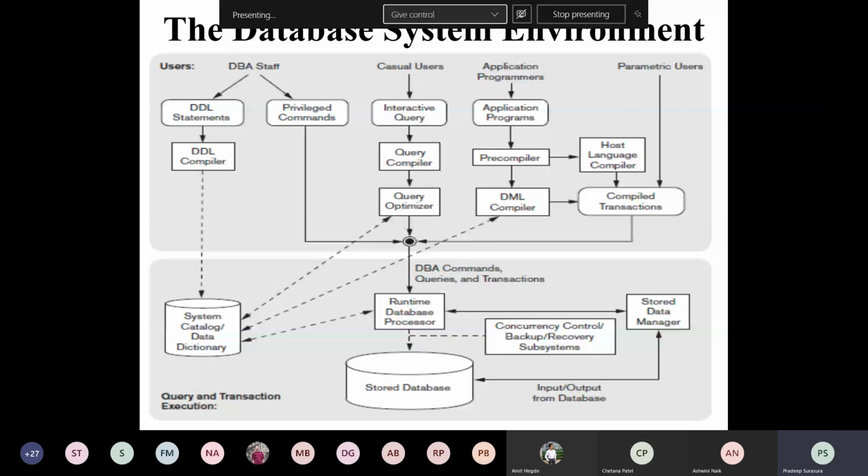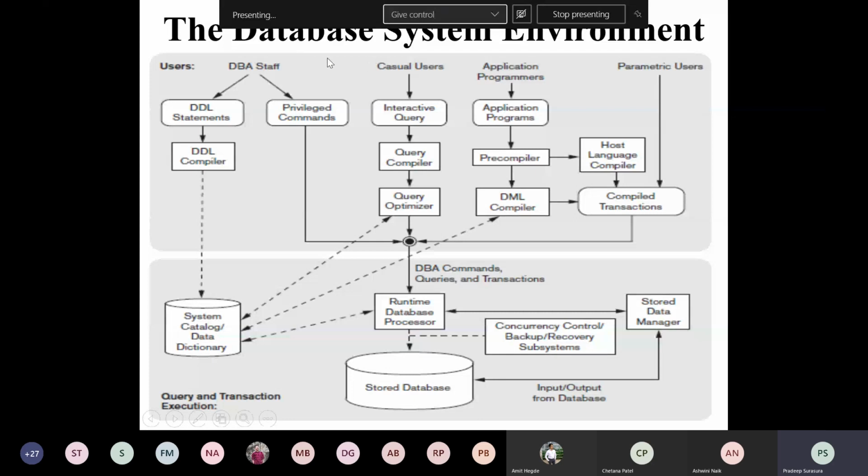If I'm using a parametric user, who is a parametric user? A parametric user is a person who is already aware of the system. Like if you visit a bank, the employee is completely aware of the working procedure of the application. He is the person authorized to use the system, well-versed in the banking application. Such users are called parametric users.